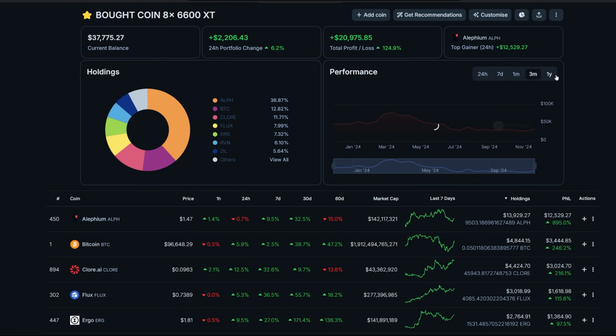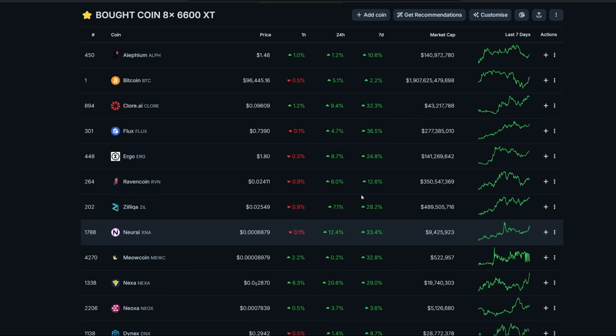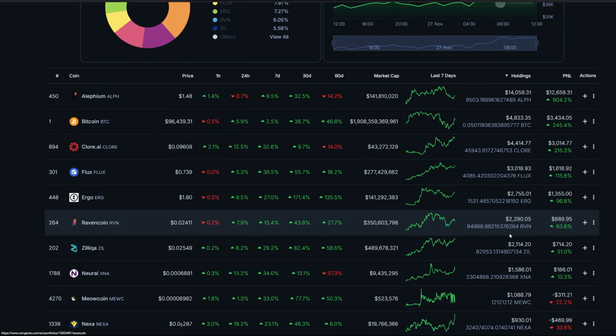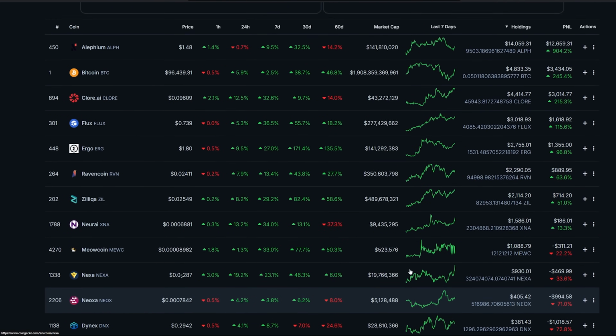But another thing to think about is over a year ago, we bought this whole bag back on October 8th, and here I can just show you guys the transactions. This is when we bought $1,400 of each of the coins, not kidding you guys here. Just in theory, and I didn't actually buy $1,400 of each coin here, which I should have actually, because